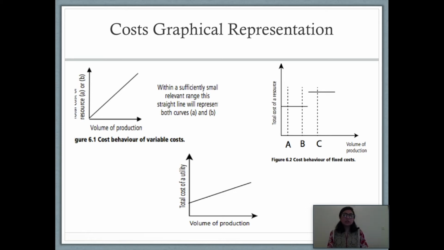Why? Because of inflationary impact, because costs increase over years, right? That does not mean that because it's going to increase, it is a variable cost. Increase signifies that it can step up. So two lines in fixed cost actually explains that costs can increase, but still they won't have any link to the volume of production. So if we make a straight line here, which will imply that it is a step, like a staircase, right? So step fixed costs or fixed costs are one and the same thing.